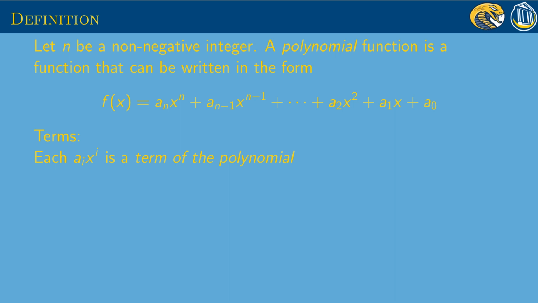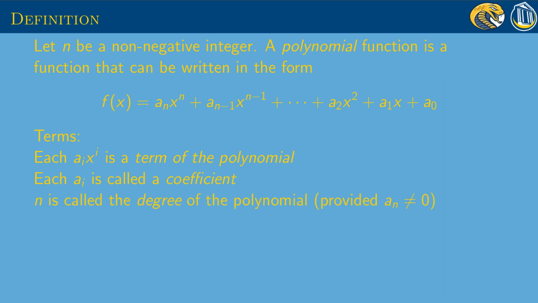Notably, each coefficient a sub i times x to the power of i is called a term of the polynomial. So a polynomial that has two things being added together would be said to have two terms. Each a sub i is a number, and we're going to call it the coefficient of that term of the polynomial. And n, that's the largest value in the exponent here, is called the degree of the polynomial,